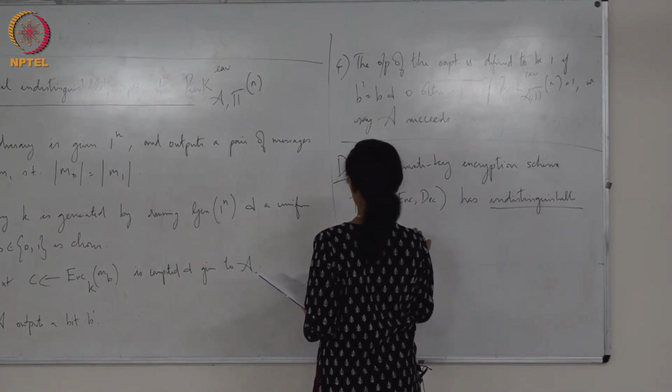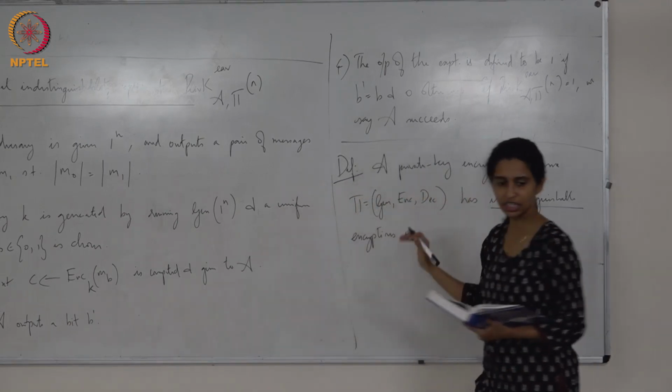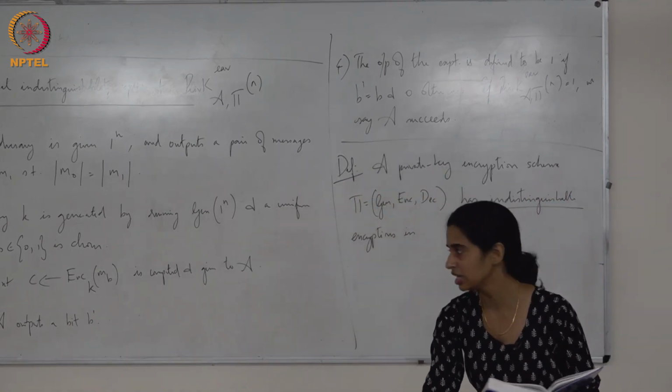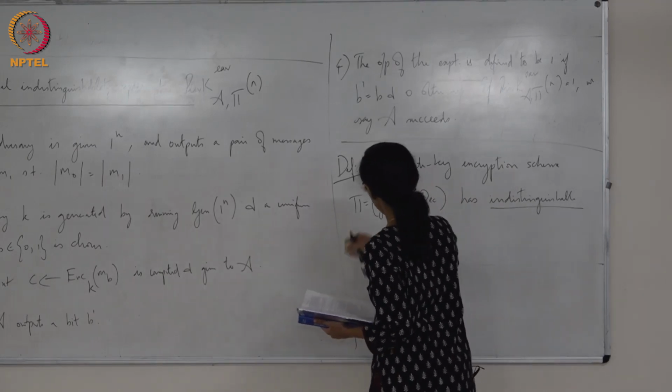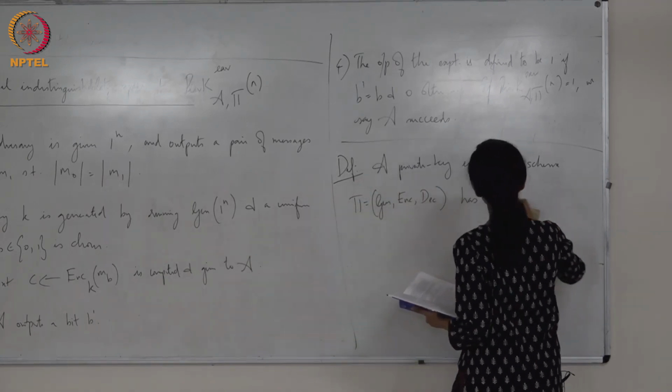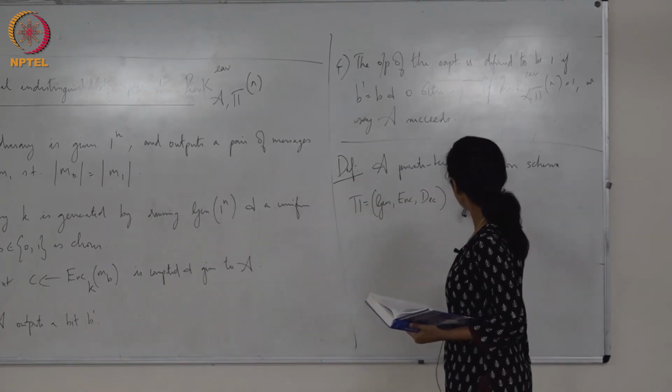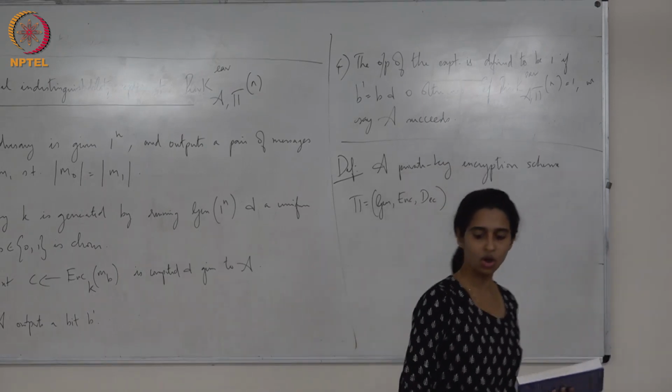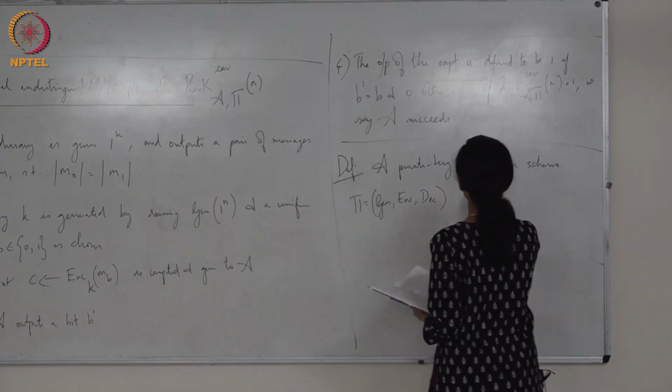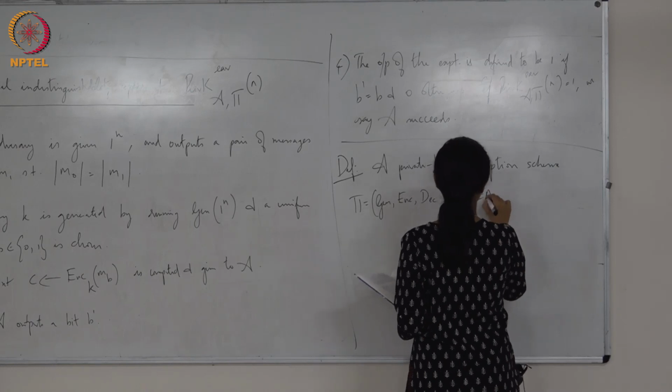So maybe so that I have some place to write on the board, I'll just call this EAV secure. So it is either EAV secure or has indistinguishable encryptions in the presence of an eavesdropper